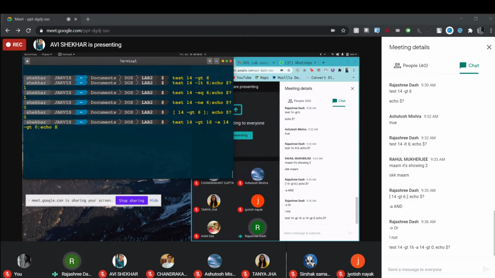Second condition is 14 greater than 0. So what should be the answer here? What should be the output here? First condition is false. Second one is true. So false and true. The final output will be...